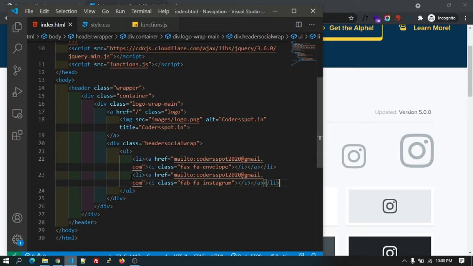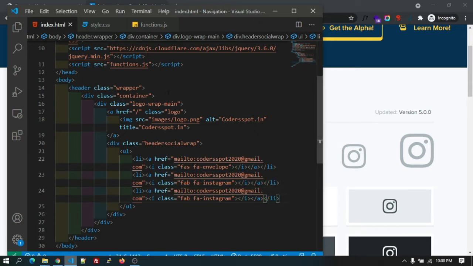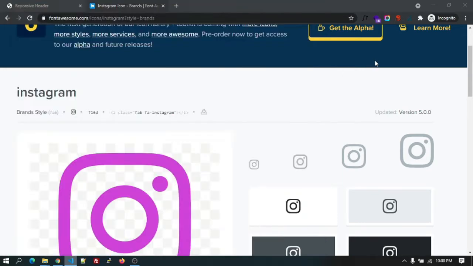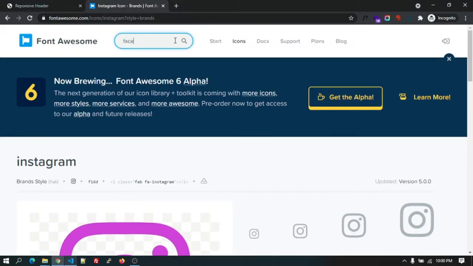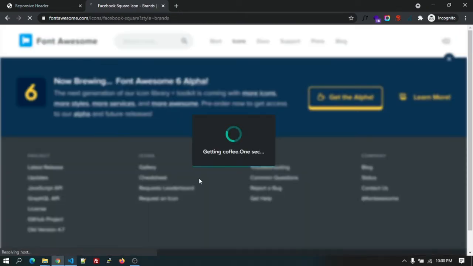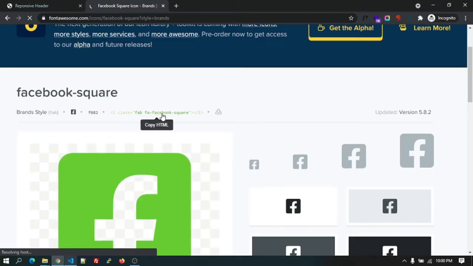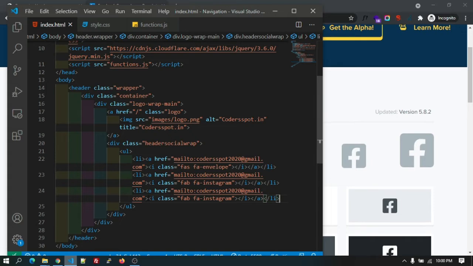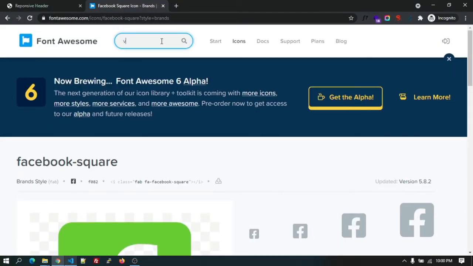Let's copy the anchor tag li element, and after that we will go with the Facebook. You can add as many social media icons as you want. Right now I'm using the popular ones. Let's copy the Facebook icon, and after that we are going to use the Vimeo one.